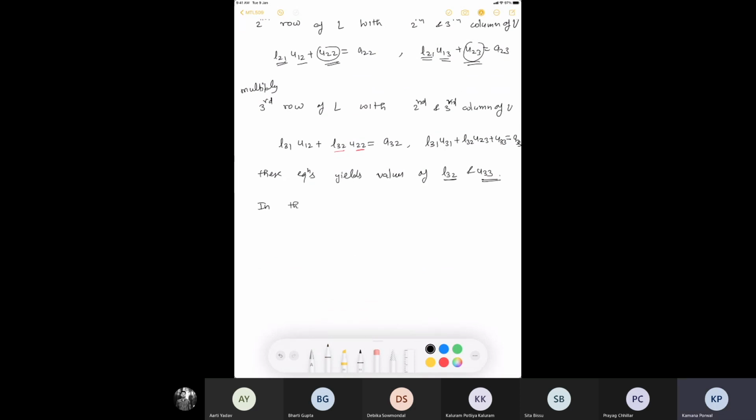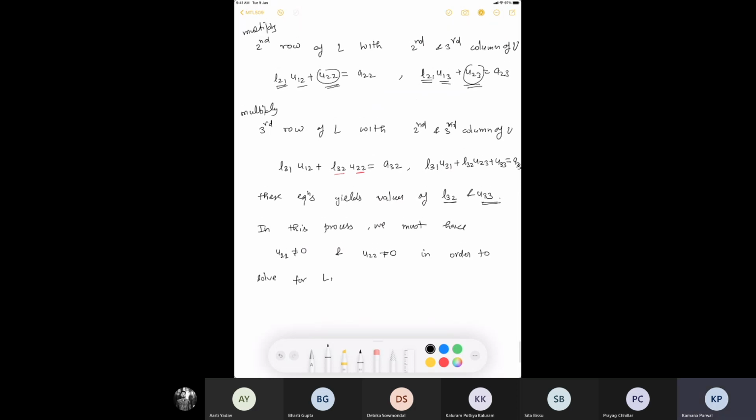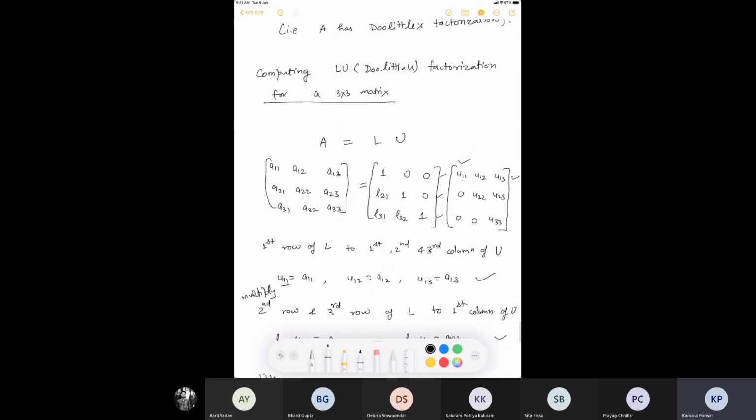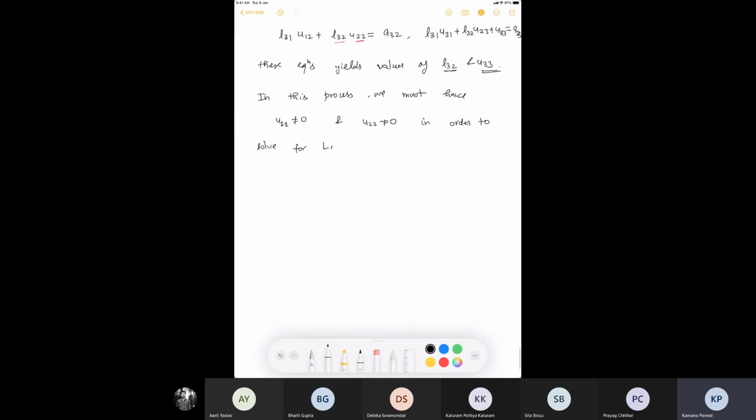In this process we must have that U11 is not equal to 0 and U22 is not equal to 0 in order to solve for L. Now, my claim is that U11 and U22 are already non-zero if I assume that my A has the first n-1 leading principal minors non-zero. Can you justify that? Which is true